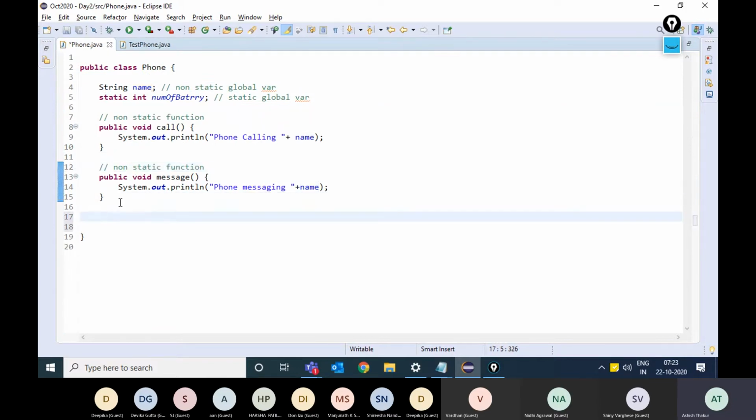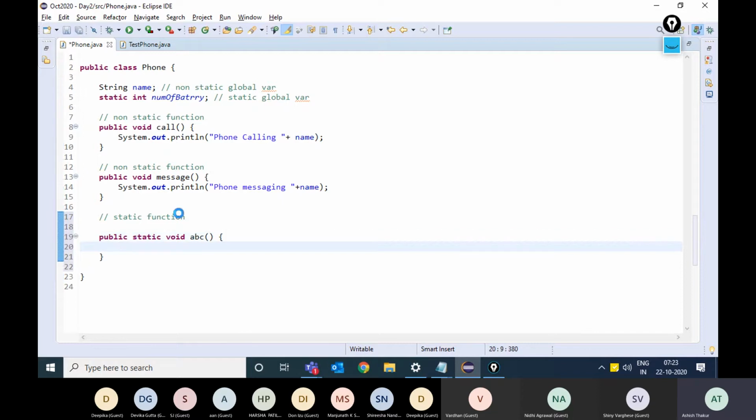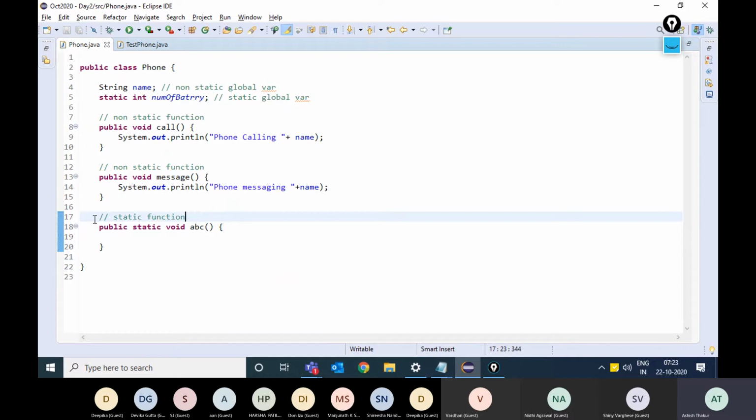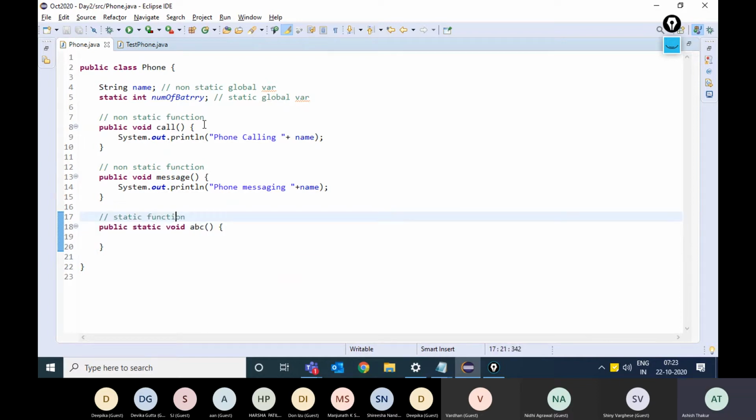You can also have a static function. A static function will directly be accessible with the name of the class. Something like public static void ABC. So this function can directly be accessed with the name of the class.